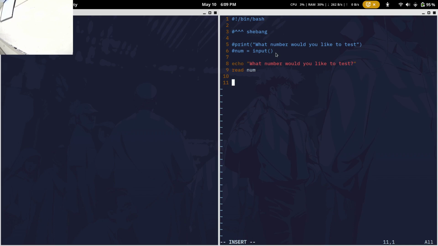Pretty straightforward so far. So the next thing we want to do is keep track of how many steps we do for Collatz. Because we're going to do the, if it's even, divide by 2, if it's odd, multiply by 3 plus 1, a bunch of times. We want to try to keep track of how many times that happens. Total steps. Now comes the first little quirk of bash, as I call it. So we're going to go ahead and instantiate a variable.